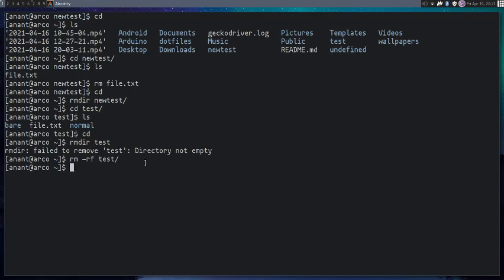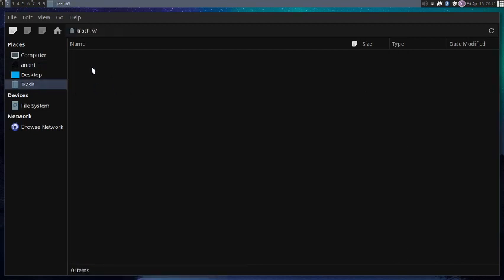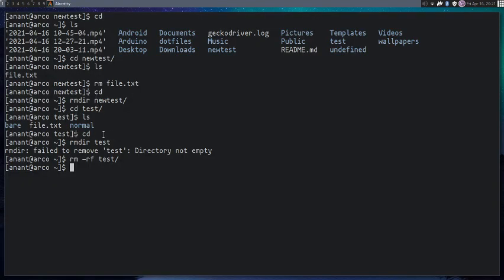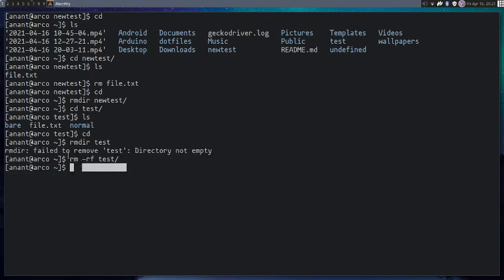Actually it is a very dangerous command, because you can also wipe out your root directory which has all your important files. You can't even boot your system. So think twice while writing this command, because it doesn't give any warning. This is not a shortcut that goes to the trash folder, there is no trash in that. Yeah, it removes it permanently. So if you are aware that you need to write this command, then only write that.